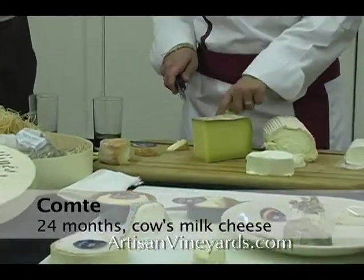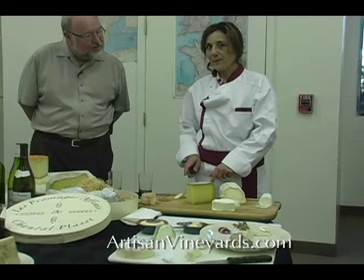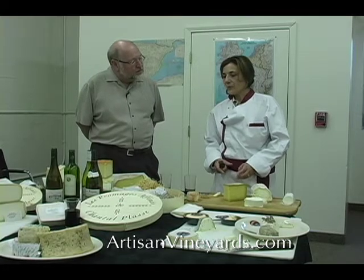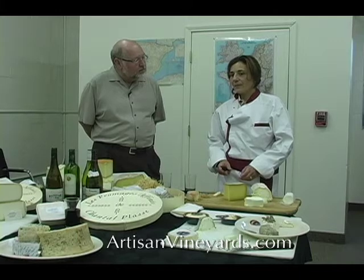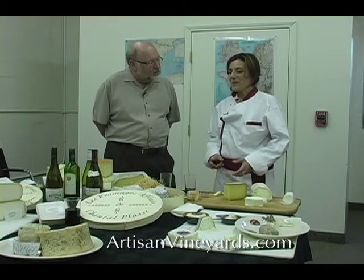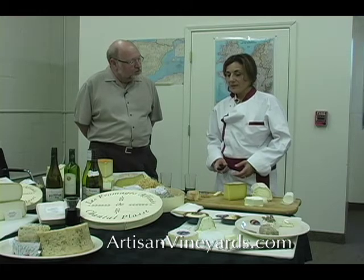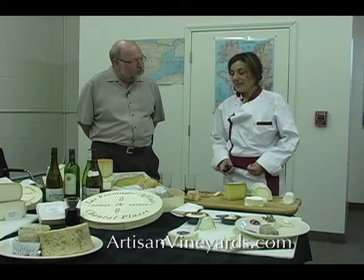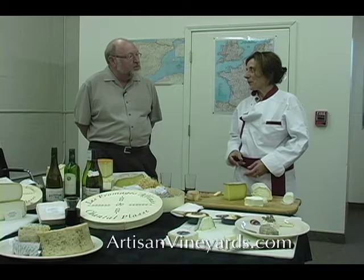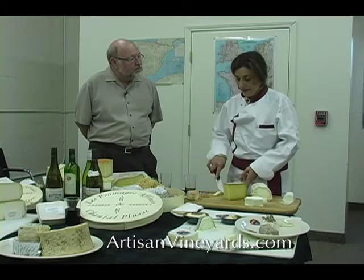What has to be understood about Comté is that there are many what we call fruitières, which are the people that actually produce the cheese. And all of us, affineurs, we make some choices. Basically, there are different tastes, different aging, and we make these choices and see how the cheese is coming along month after month. And this one is over 2 years,